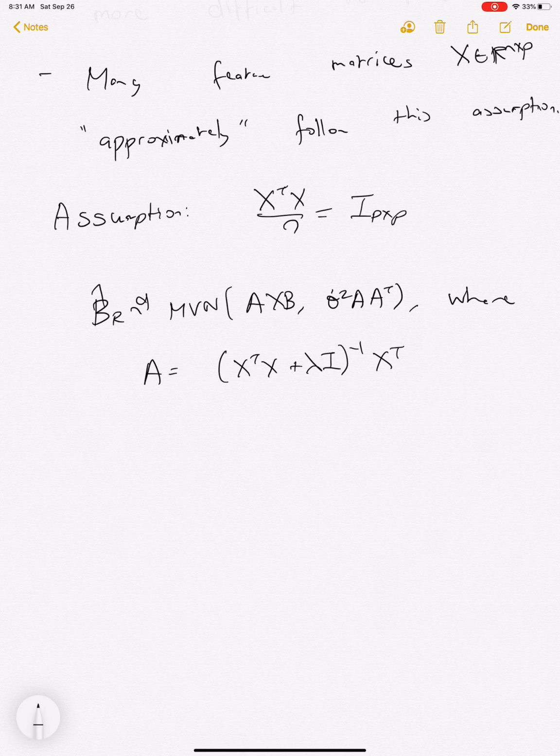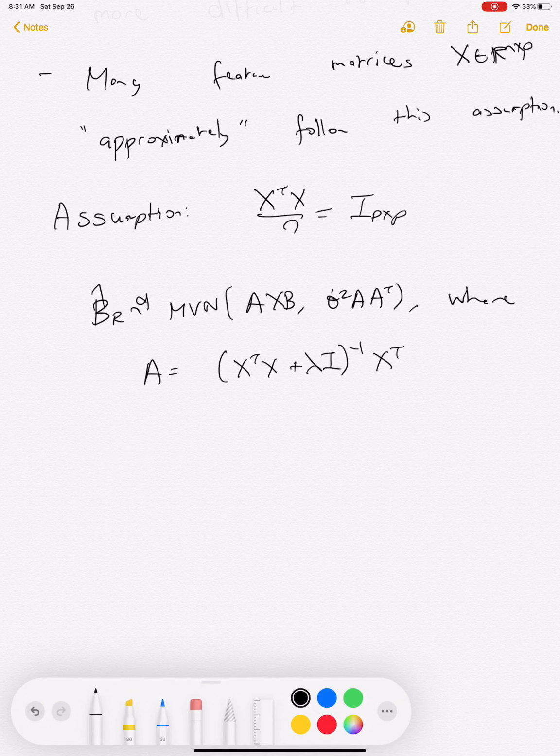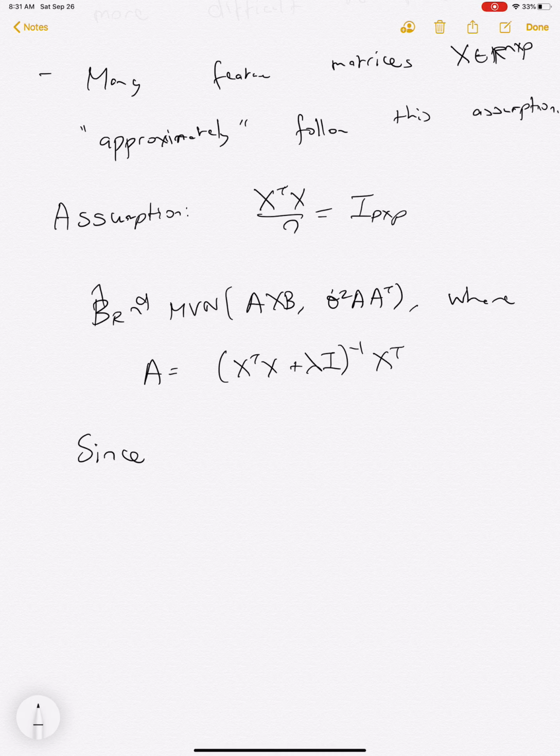Okay, so now if we have that X transpose X is equal to that, then we can say that A, since we know that X transpose X equals N times the identity, then